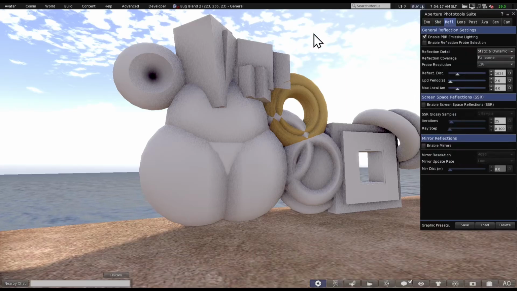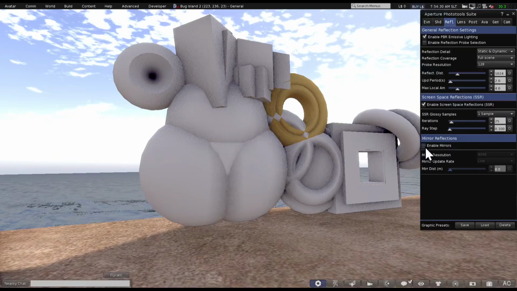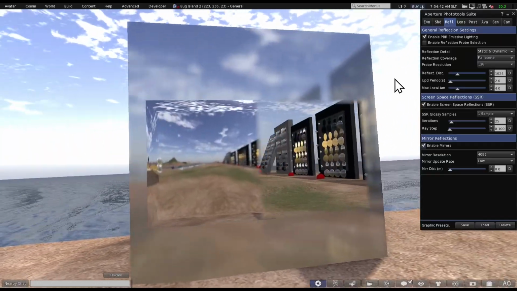Now, the Reflections tab is all about how surfaces in your scene reflect their surroundings. This includes reflection probes for PBR materials, screen space reflections, and traditional mirrors. And I'm going to go ahead and turn all of those features on now. And I'm going to go over to this neat little handy